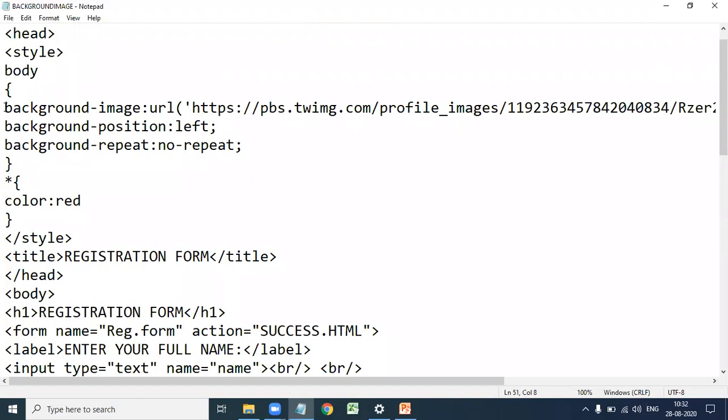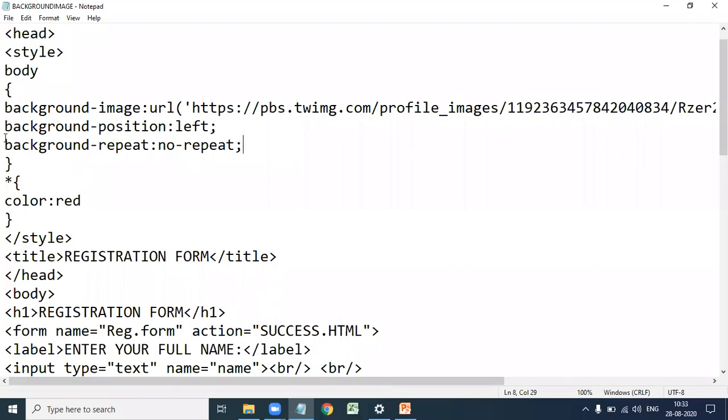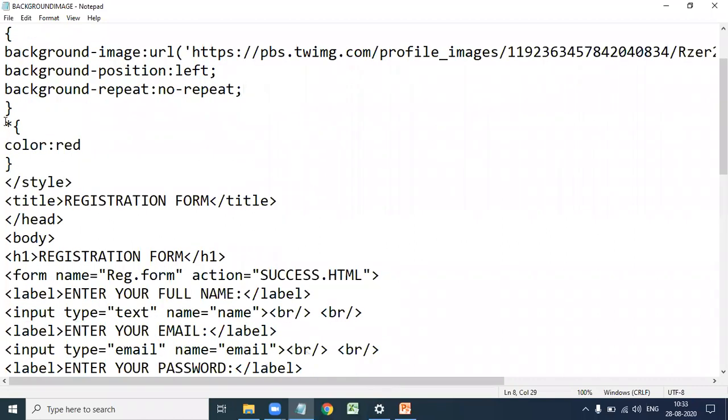So the background image property. First, we specify the URL of that image, background-image colon URL. So this is the URL of that image. Next, background position. Here the position of that image is the left side. Next, background repeat, no-repeat, that is no repetition of the background image. And apply color red.